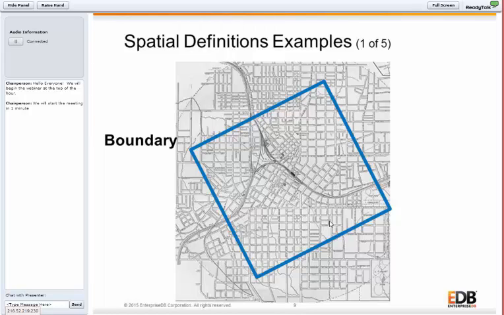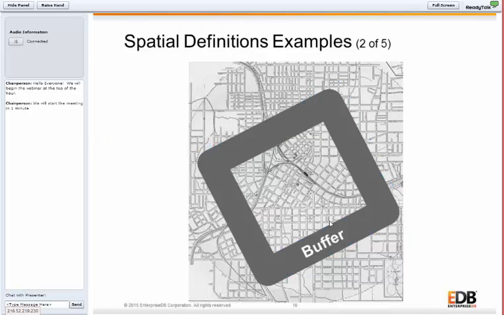All right, some spatial definitions here. The first one we'll talk about, these are the common spatial definition examples. This one is a boundary. We draw a boundary. This can be a political boundary, an arbitrary, rule-based, human-generated boundary system using your desktop application or WebGIS. And an item either falls inside or outside of the boundary. Contamination zone, school zone.